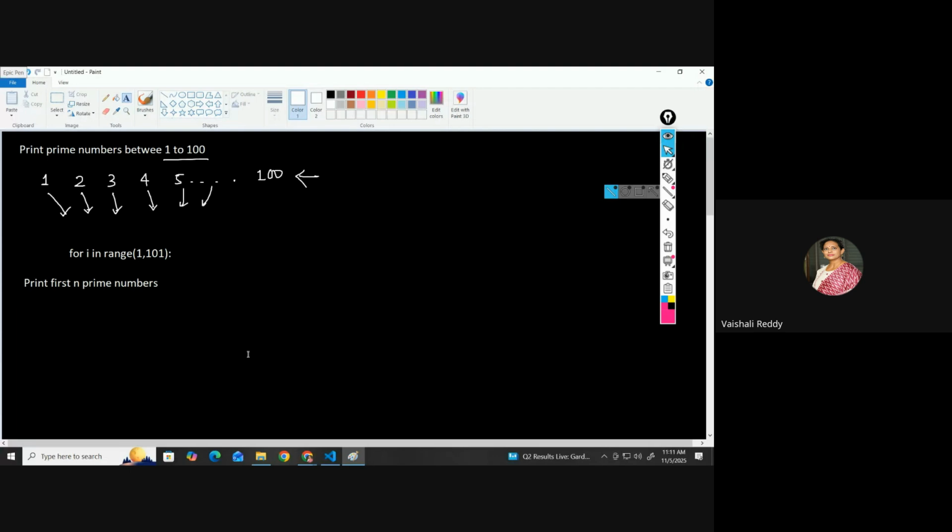2, 3, 5, 7, 11. Those are the prime numbers which Rajat is saying. So Rajat and others, now we have to write a code for this. This time we are not going to specify a range. Rather, we have to print the first prime number, then the second, then the third, then the fourth,